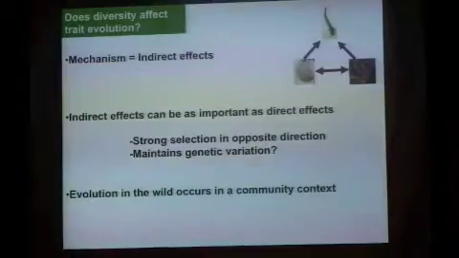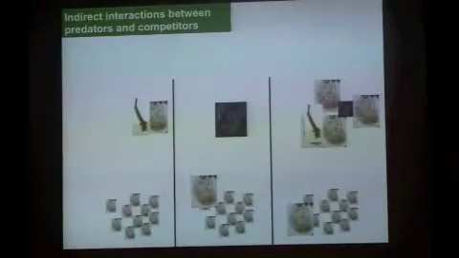But in terms of just this simple 3-species system, the indirect effects we see there are just as important as the direct effects. So the indirect effects completely offset the direct effects. So they seem to impose strong selection in the opposite direction. They might play a role in maintaining genetic variation in that population. So if you go back here, you can see you're left with very little genetic variation, here very little genetic variation, but in this population, potentially you're left with a lot more genetic variation. And so it might allow those populations to still respond to selection in the future if there's still a lot of different variants in genotypes there.